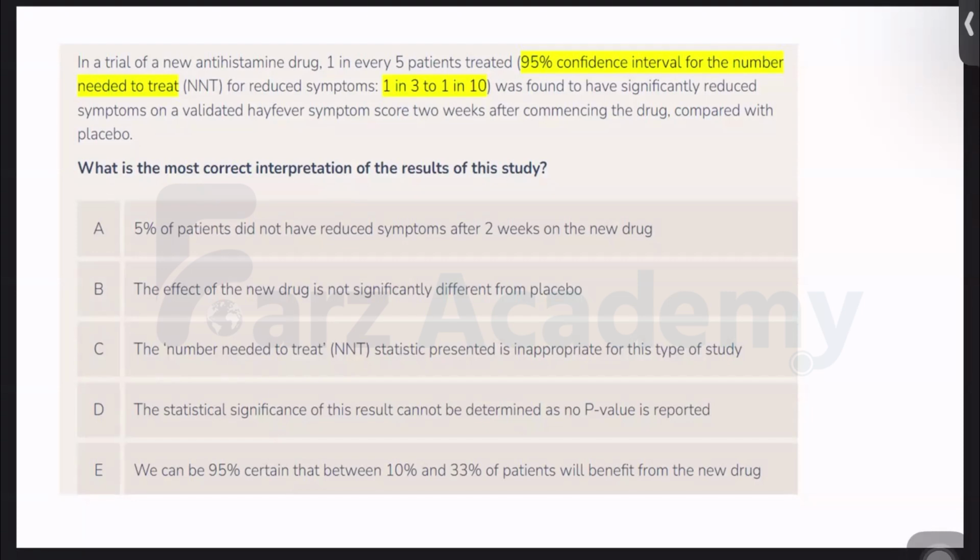That itself means that the study was significant, irrespective of the p-value. It is only with respect to null and alternate hypotheses that you will actually comment on the p-value. If your question is mentioning a confidence interval or actual results of the test, you cannot just see the p-value and then say whether it is significant or not. Is it clear now? Yes, ma'am.